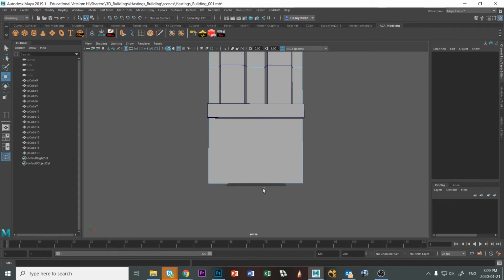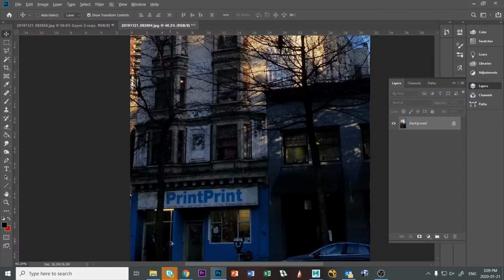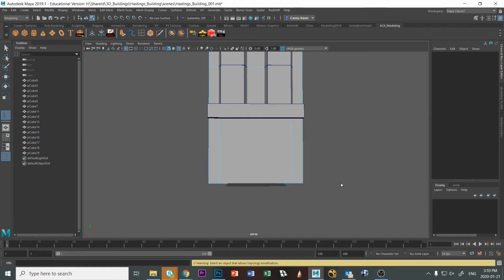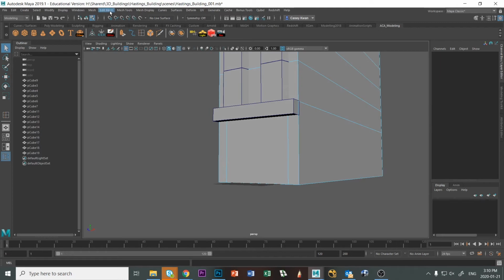Okay, so let's do this. We're going to add in these little details that we can see underneath the blue paint. And these look like pilasters. And they look to be about the width of that space between where the bay window ends and the edge of the building, roughly. So in other words, they're about that width there. So I'm going to actually add in more edge loops. And I'm going to add an edge loop so that one's roughly there and one's roughly there. Hit my Q. And I'm going to add another edge loop because I know there's also